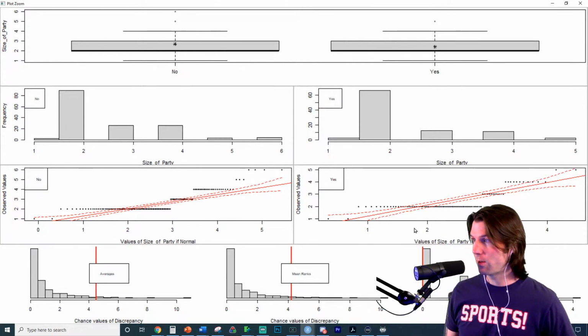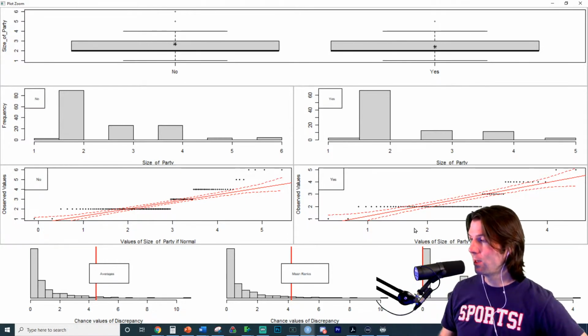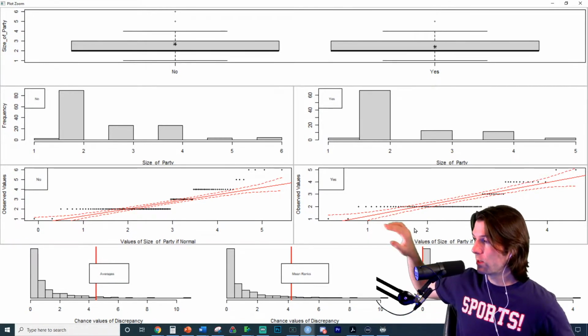The goal is to figure out if the distributions are normal. And so if the goal is to figure out if the distributions are normal, then we will use the QQ plots to check for normality. And if you're in 201, you heard about this earlier. You heard about the normal probability plot. Normal probability plots are these. It's a plot to tell us if it's normal. And the straighter it is, the more normal it is.